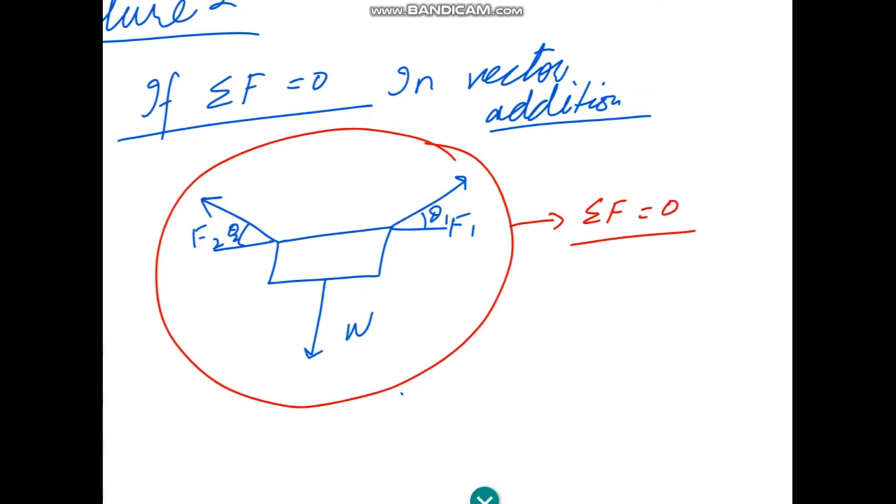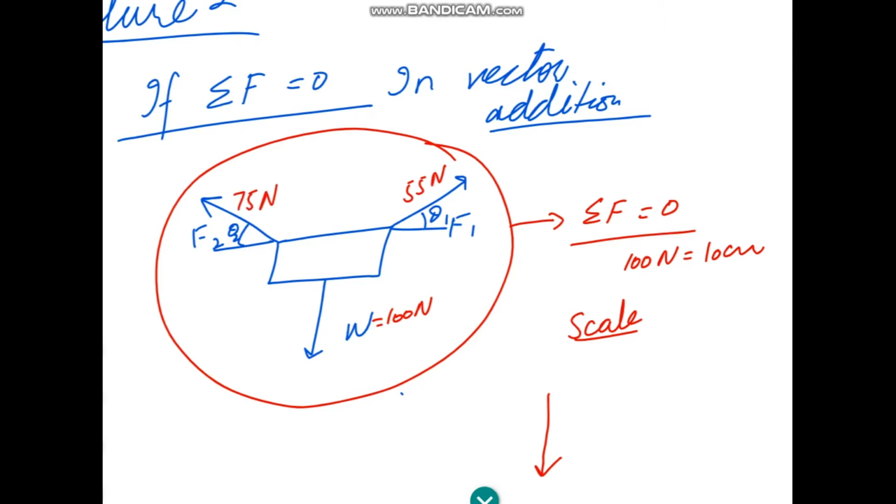So we can easily prove that if the sum of forces is 0, we can take a scale, and if we draw the vectors, because these are three vectors, there will be a triangle. So let's say we draw W according to scale, let's say it is 100 Newton and your scale states that 100 Newton is 10 centimeter, and let's say this is 55 Newton, and this is 75 Newton, with the given angles.